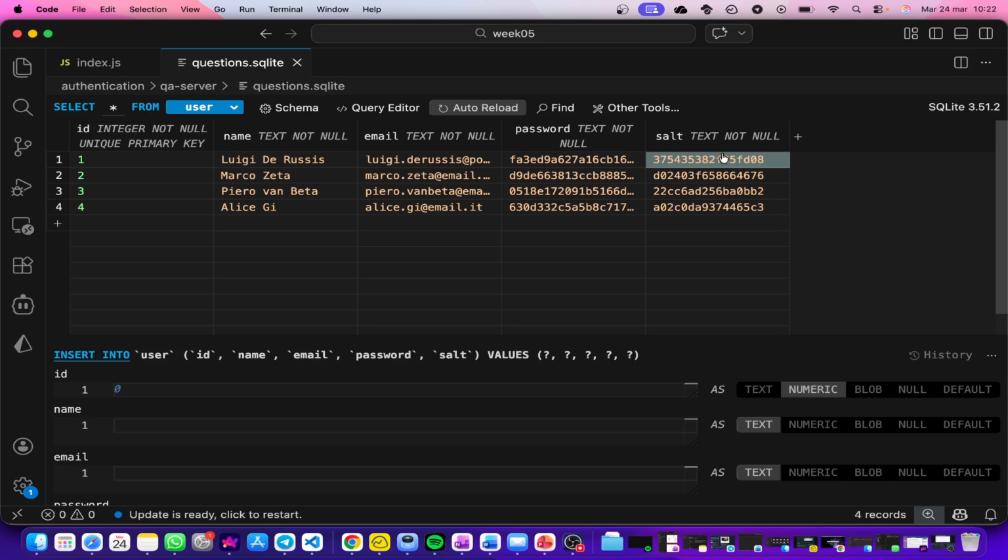I don't know if it is clear. Mostly? Okay. So basically on the server we will have the salt, that is the string that we use to encrypt the password, and the hashed password. Okay? Well,